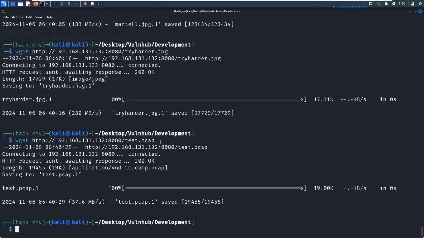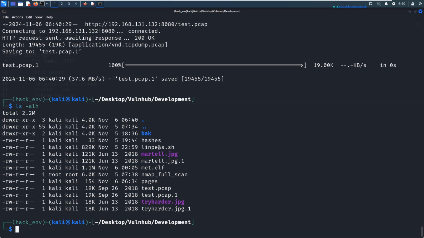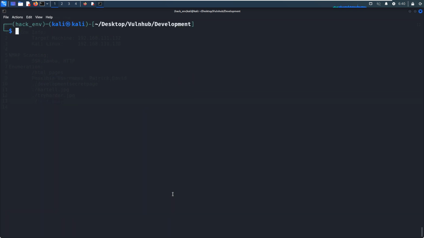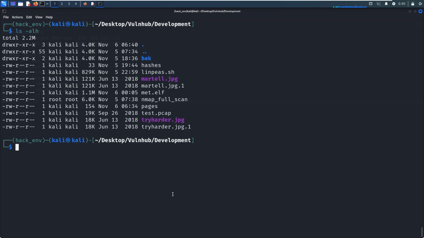Press enter. Because I've already downloaded the pickle file earlier, maybe we can remove the second one. So how to do next? Also try harder. Sorry about this. This would be this one.